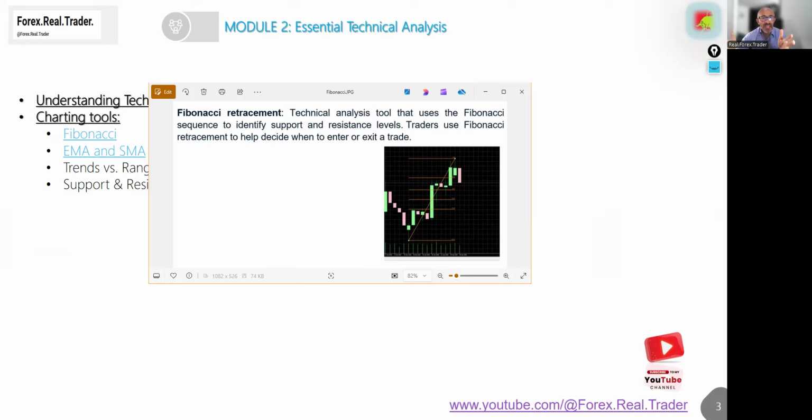What is the application? The application is pretty simple. We're going to use this one to identify levels for potential reversal points in a trend. It doesn't matter if we are talking about a bullish trend or a bearish trend, the Fibonacci retracements work pretty well. So let me show you on our